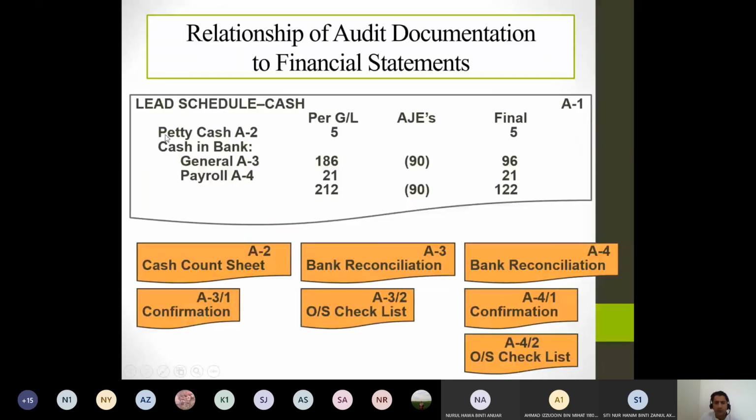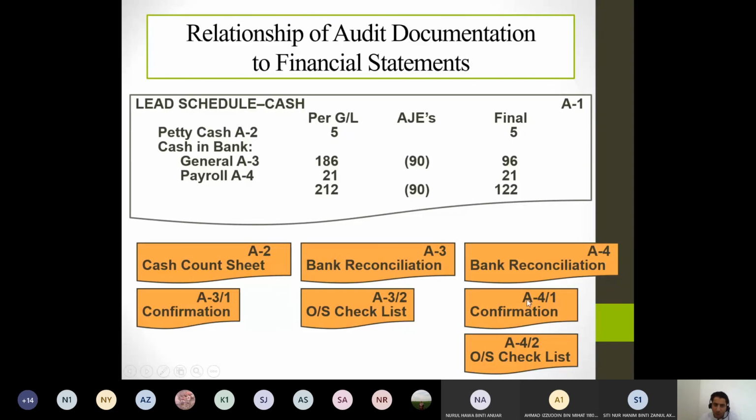So this is another example. You can see this example is also from the textbook. If you notice here, we have property, petty cash, we have A2 cash account sheet, and we have bank reconciliation. We have a reference also for A1 for lead schedule cash, and it includes all of the accounts here. And let's say you try to get confirmation from the customer. So this one will be